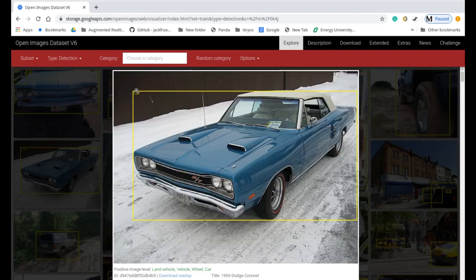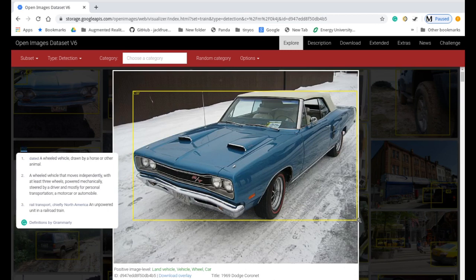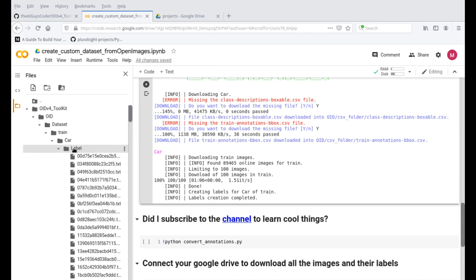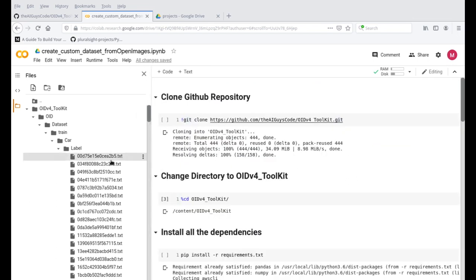So what it does is it provides the X and Y coordinate of this point, and the X and Y coordinate of this particular point. So it takes the information of these 2 points and puts it for us into the labels folder. So if I click on the labels folder, and if I open one of the txt files right here, so you can see that these are also